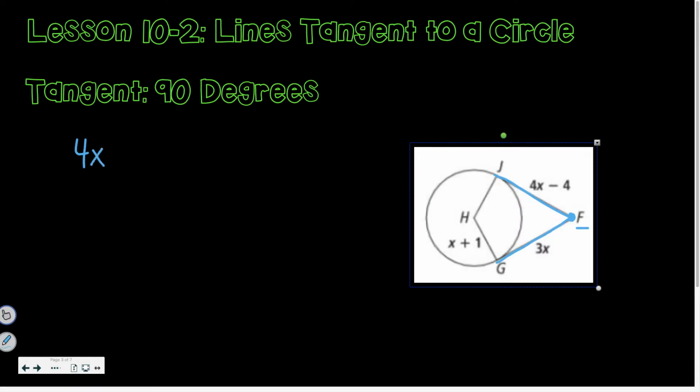So to solve this, I would say 4x minus 4 equals 3x and solve from there. That is all of the information you need to know with tangents. So 90 degrees, Pythagorean theorem, being able to set things equal to each other. Then let's look at